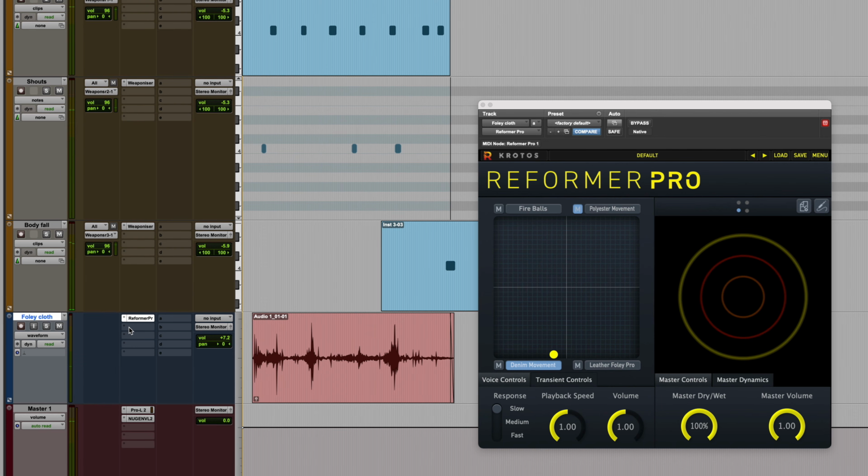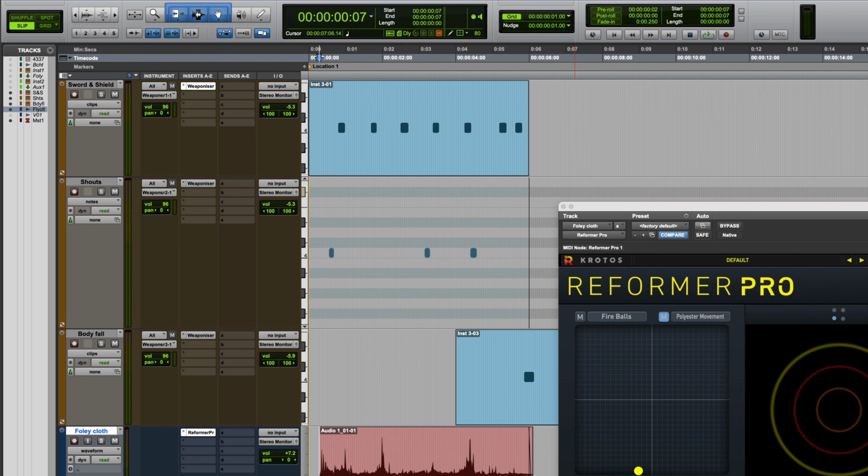Again, we can get considerable variation in these sounds by combining them, and the simple fact that Weaponizer and Reformer Pro will vary the triggered samples anyway. But one thing which makes this a good workflow for Foley is that you can basically spot to picture using MIDI instead of markers or clips. So I found it useful to watch a scene, drop MIDI notes in to coincide with actions or movements, and